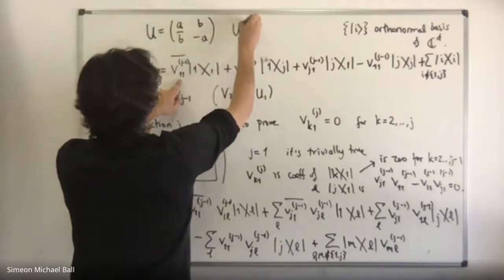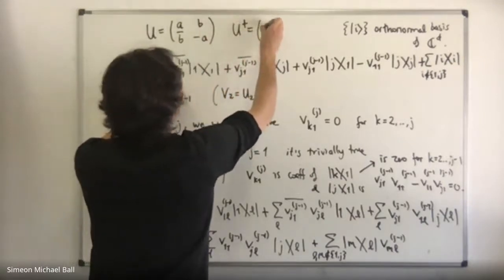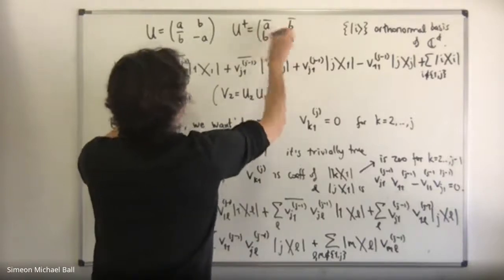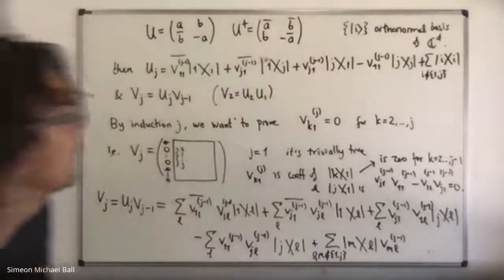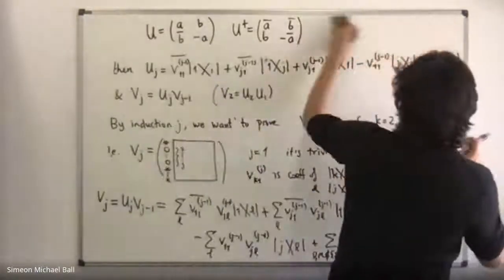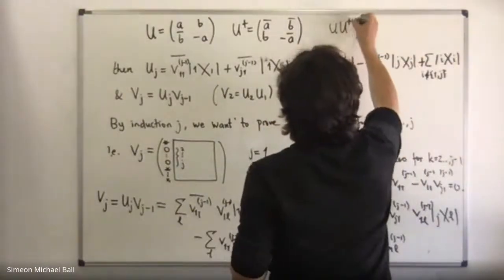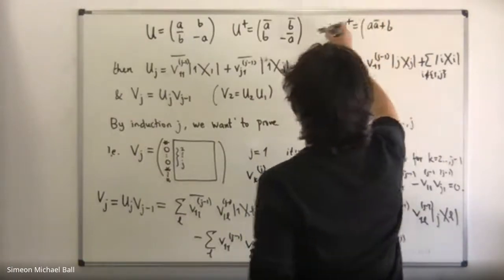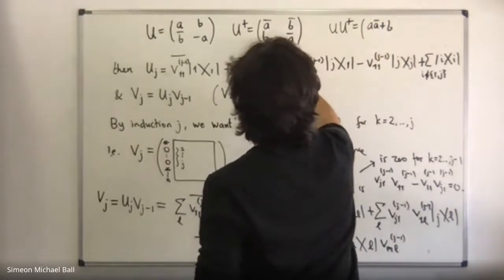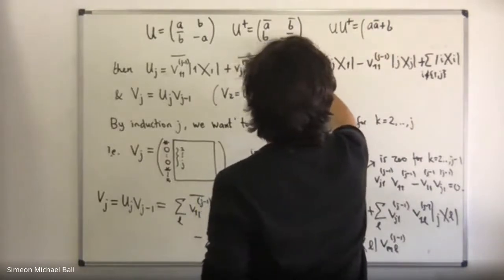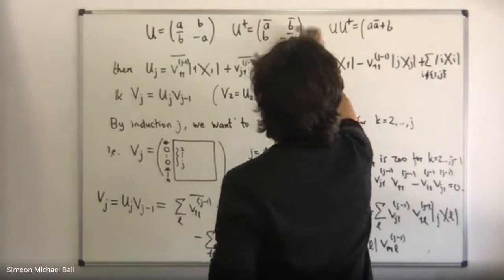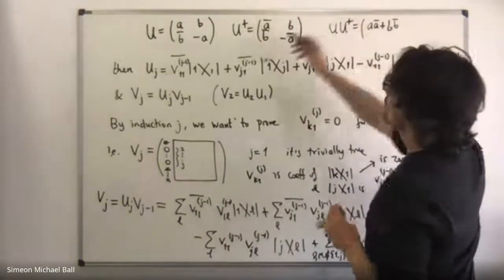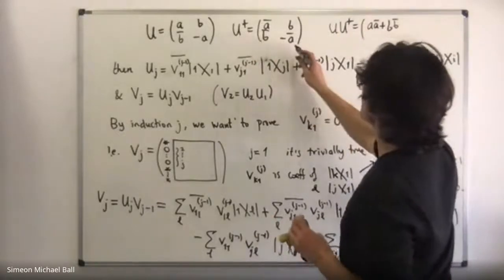Okay, so U bar is A bar minus A bar, B bar, B. So U bar is AA bar plus B, this way. Oh, I forgot, I just conjugate and then transpose, of course. B bar, AB minus